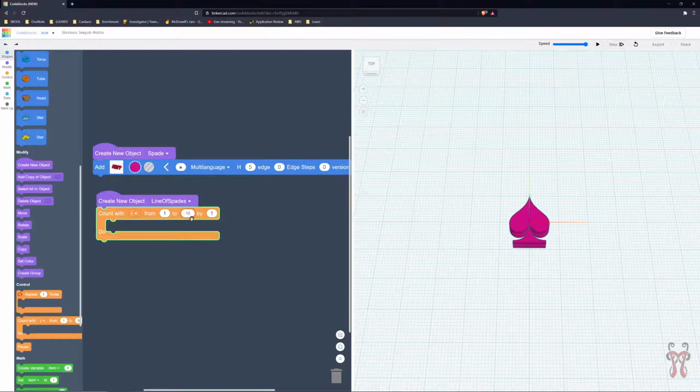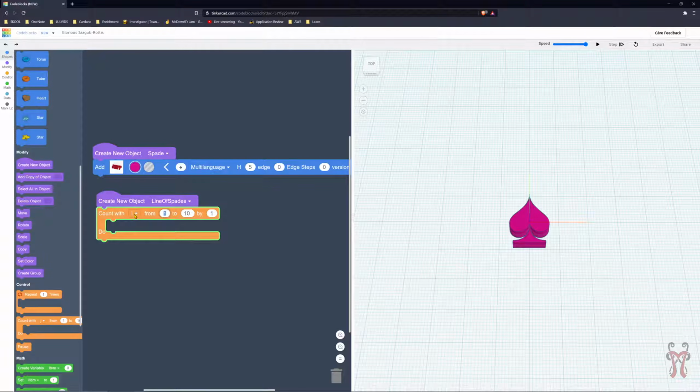And it's going to count up by whatever you put in here. So right now it's going to go 1, 2, 3, 4, 5, 6, 7, 8, 9, 10, and then it's going to stop. If I put 100 here, it would do this 100 times, and then it would stop. If I put 5 in here, it would go 5, 6, 7, 8, 9, 10, and then it would stop. So this is like your lower range, the number it starts on, and this is the number that it ends